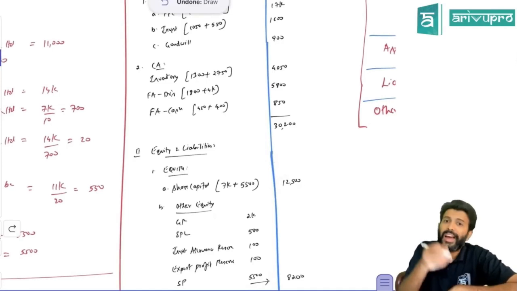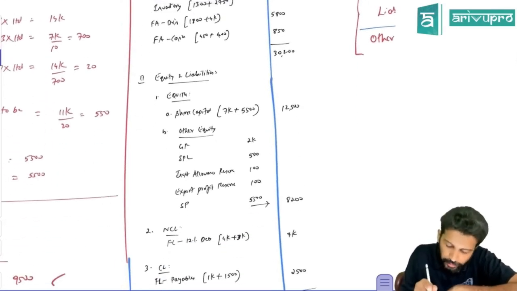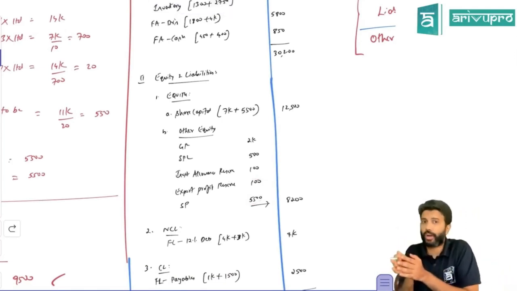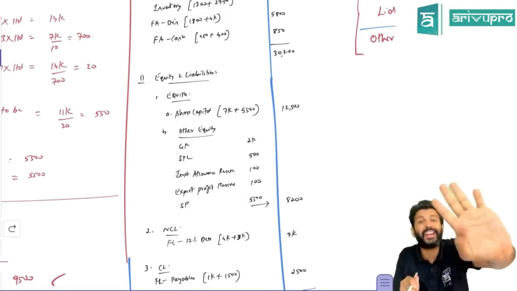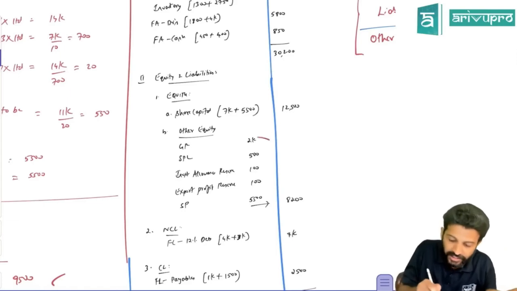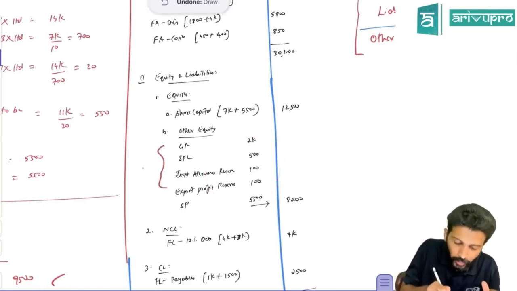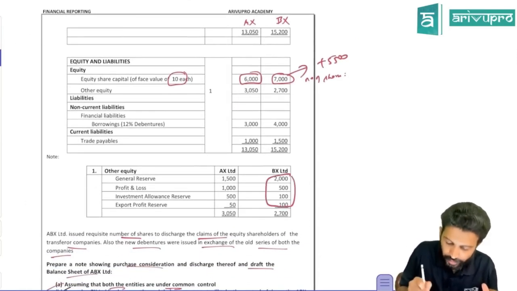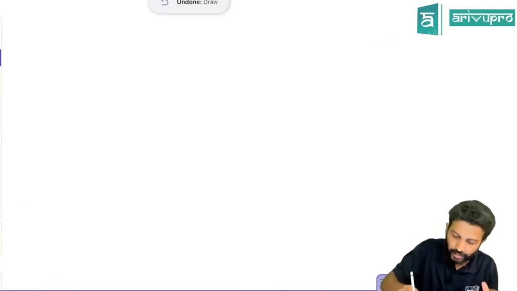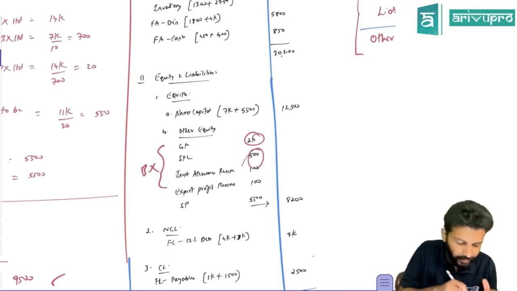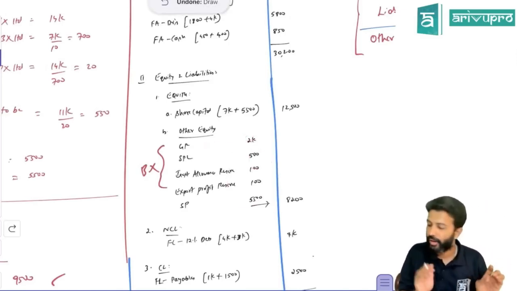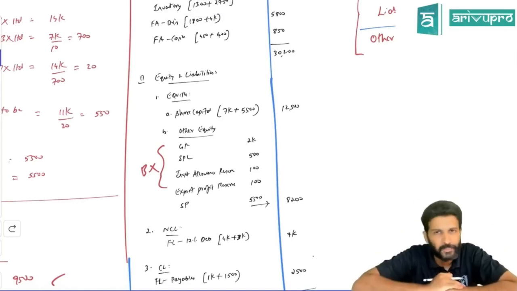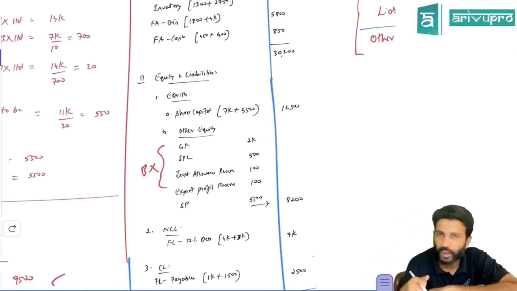That is one. Okay. And when you do other equity, do not forget to show securities premium. And don't include AX's data. So when you do an actual business combination, we only take over the subsidiary's assets and liabilities. Don't take over other equity. AX's other equity will not come. These are all other equity of BX only. Only BX's other equity that they've given over here. Check. That's all I've taken. 2,500, 100 and 100. That's what I've shown over here. One security premium extra was there. That's all. Rest everything will be only the other equity of the real acquirer. The subsidiary's or acquiree's other equity will not get reflected.